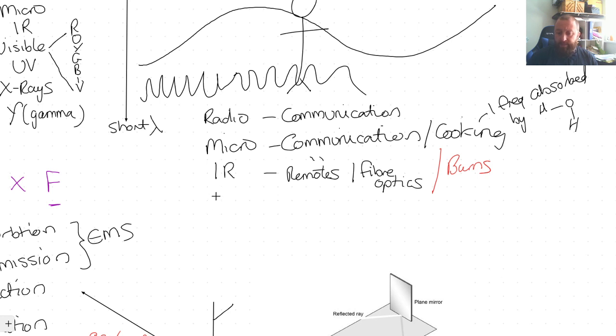Cool. Visible light. No dangers. Main use is going to be communications again. Let's just shift this over here. So then we start looking at the ones that are a little bit more dangerous. So we've got ultraviolet,